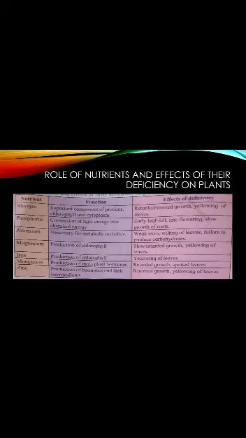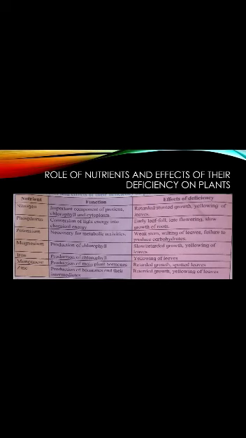Next, manganese. Production of main plant hormones is the function of manganese, and if the plant does not get this, then its growth will be retarded, stopped or slow, and leaves will be spotted. The next and last one is zinc. The function of zinc is production of hormones and their intermediates, and if the plants do not get it, then the plant's growth is slow and leaves turn yellow.